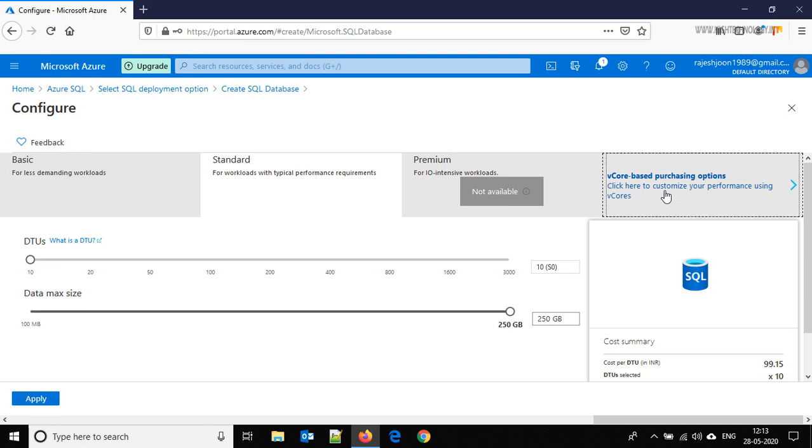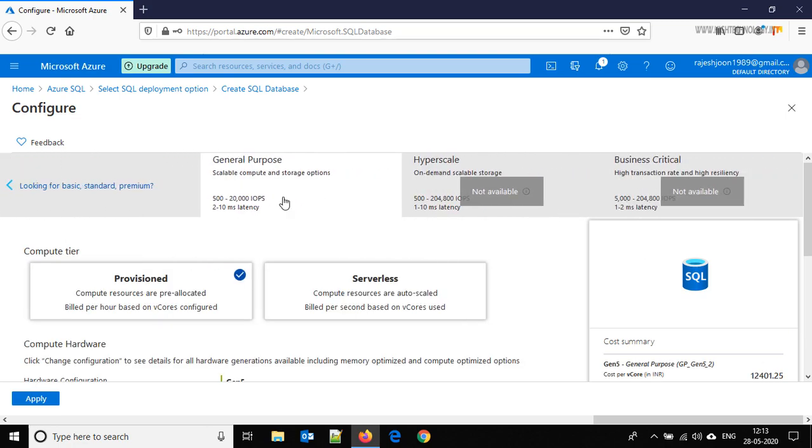On the vCore based purchasing option, we get the different options: general purpose, hyperscale and business critical. According to the demand and usage, there is latency involved, input output operations. Here the latency is 2 to 10 microseconds, and from here it is just 1 or 2 microseconds. So it totally depends upon what kind of usage you have and what kind of purchasing model you are using. So back to the